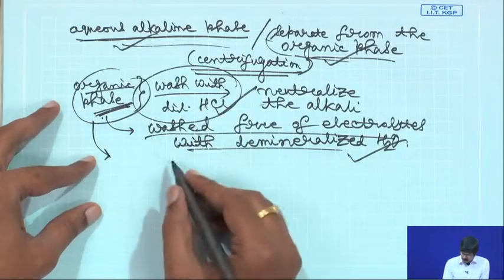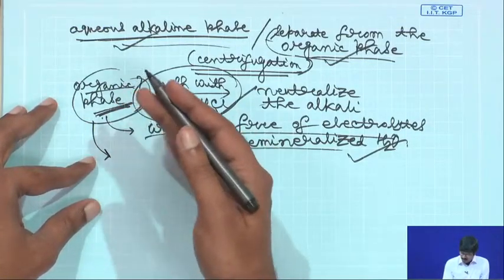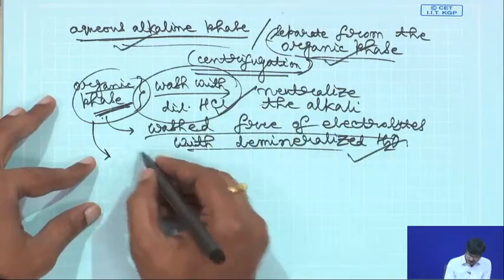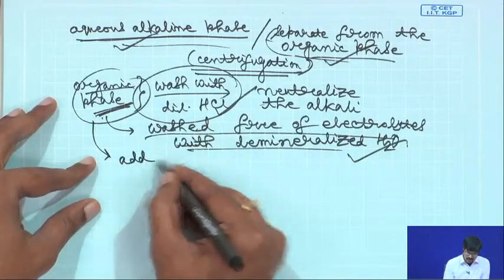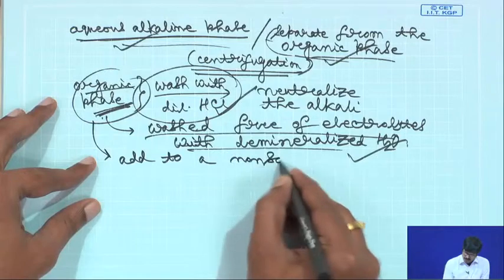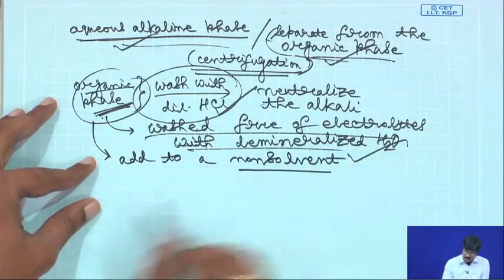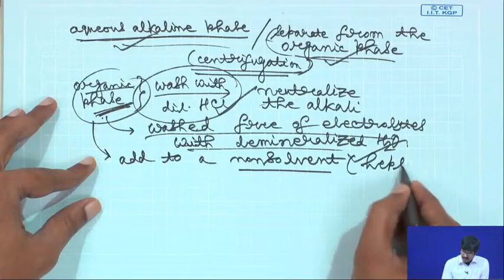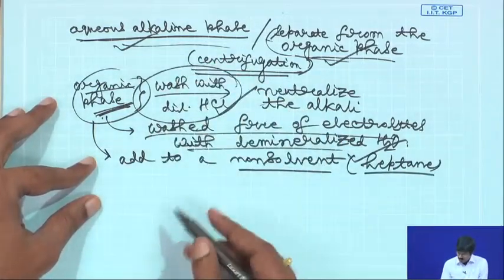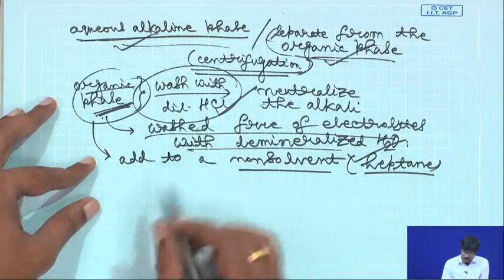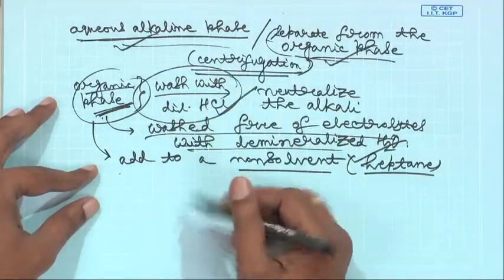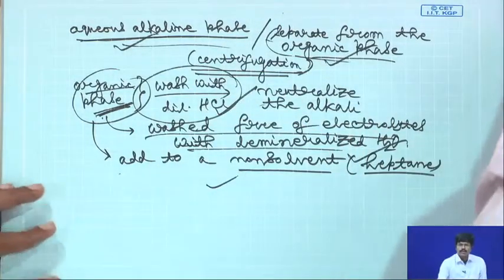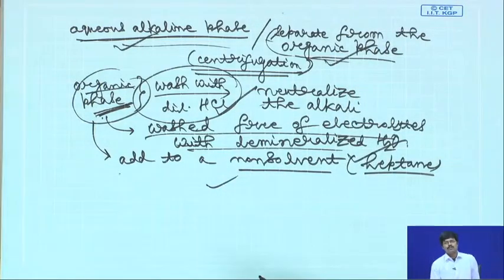So, what you can do is you add this solution to a particular solvent in which your polycarbonate is not soluble. So, you add to a non-solvent. So, polycarbonates typically they will not be soluble in say heptane. So, you add this solution to heptane, and then the polycarbonate will precipitate out. Okay. Or what you can do is that you can introduce this solution into hot water, and subsequently you can evaporate, and then you will get your product. So, this is how then you can use interfacial polycondensation to get your polycarbonate,